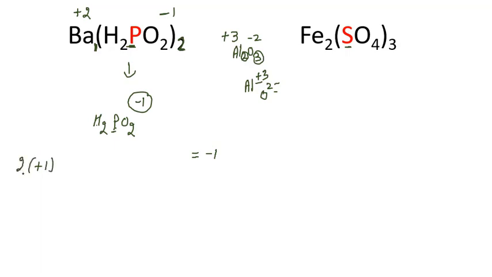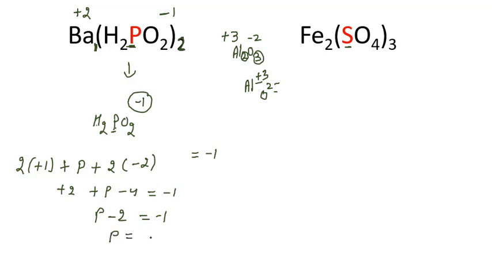There are 2 hydrogen, I mentioned here 2, plus phosphorus, plus oxygen, of course it is -2, we can simplify. So here we have +2, then we have phosphorus, 2 × 2 is 4, is equal to, on the other side we have -1. Phosphorus we get -2 is equal to -1, then phosphorus is equal to -1 plus 2, and is equal to +1. Then you can see phosphorus shows +1 oxidation number. Here we have +1 oxidation number.